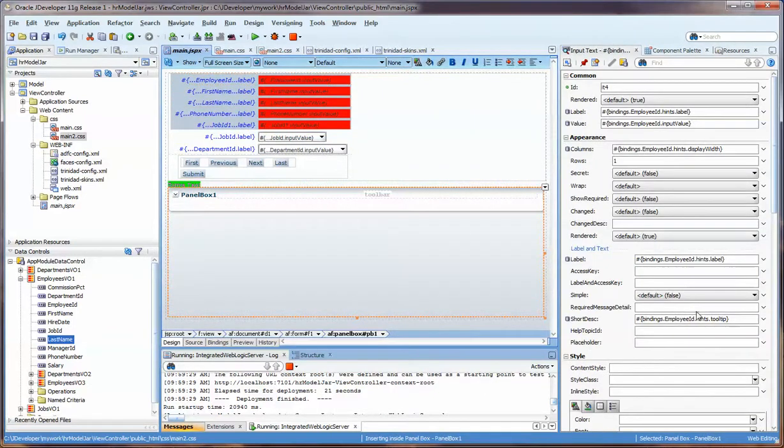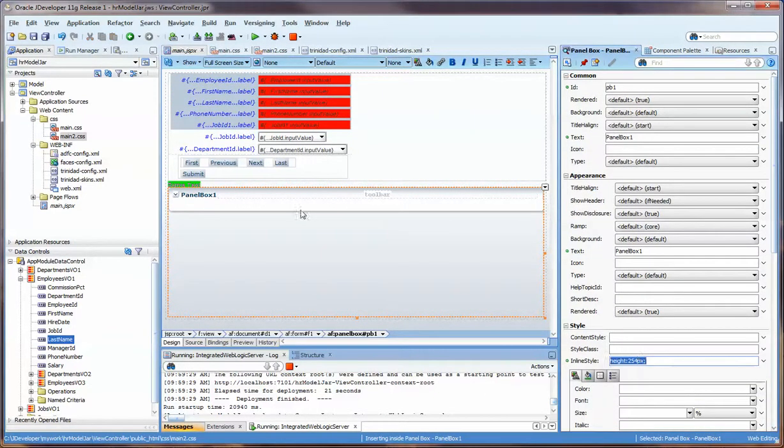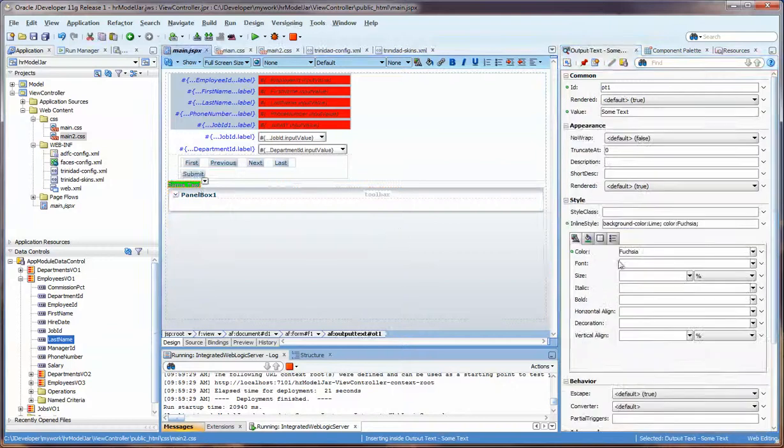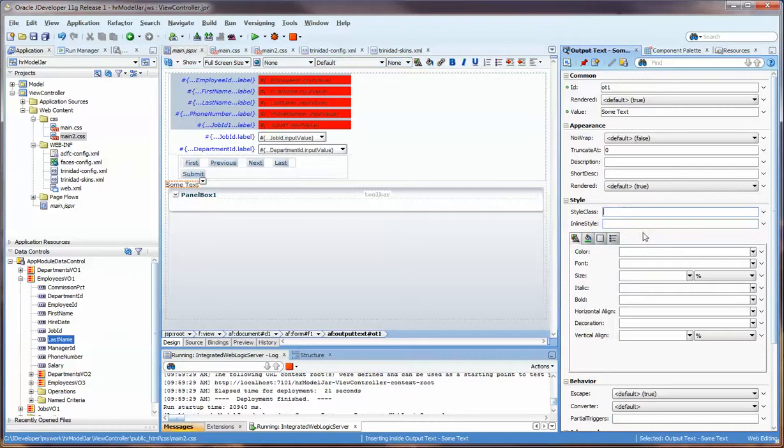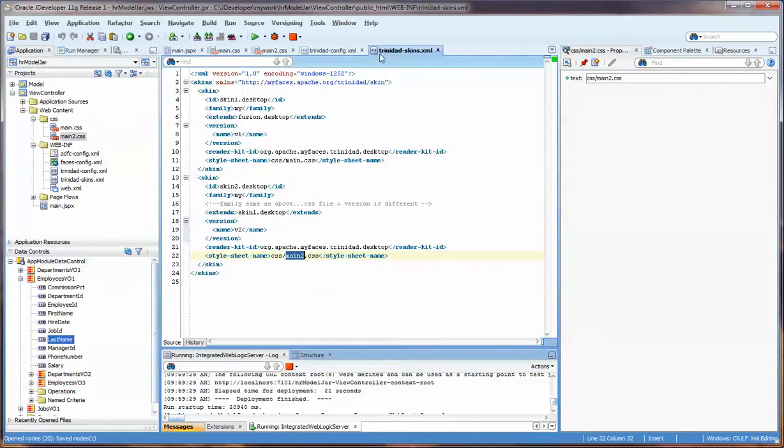Okay, so let me get those open now. So you can see that this, sorry, not the panel box, but this will overwrite what I specify in the skin. And in fact, if I take this out, I think that it's not going to show anything. I've had some problems with the output text. And if we go back to the skins directory, the Trinidad skins, you can see that we have two